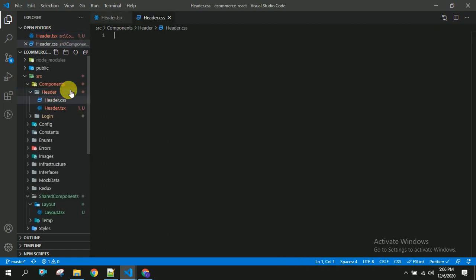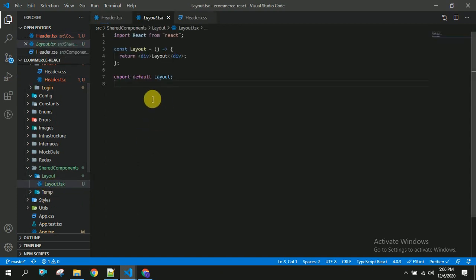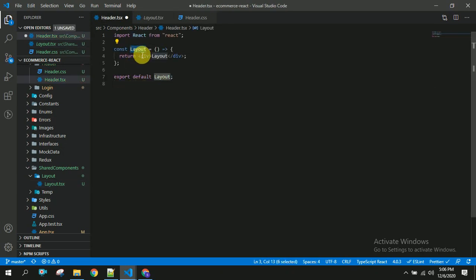In this header folder we will be adding the navbar. I will be copying the same thing from the layout to this tsx and we'll change this to header. Now let us save this, and after this we have to use this header in our layout.